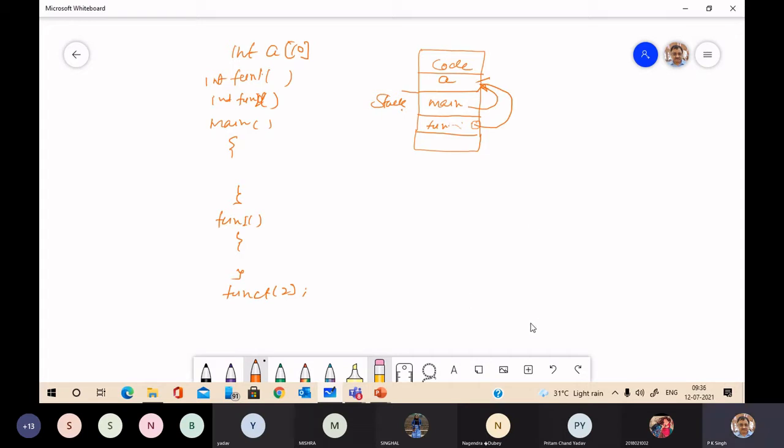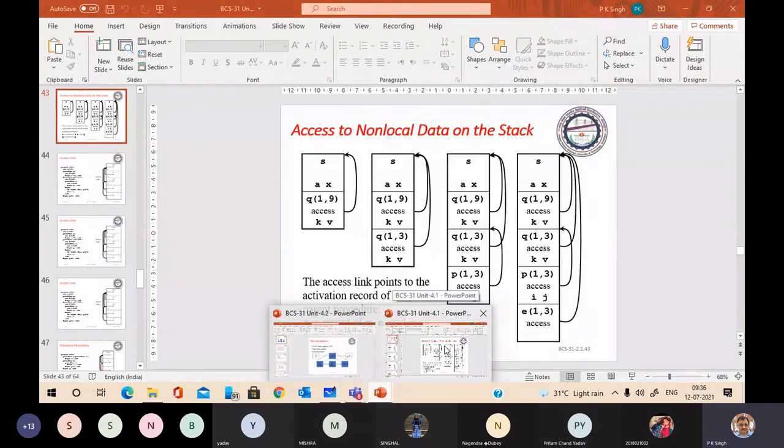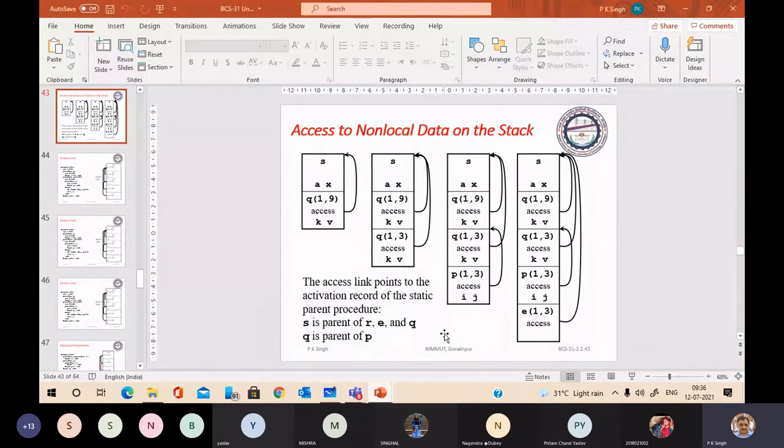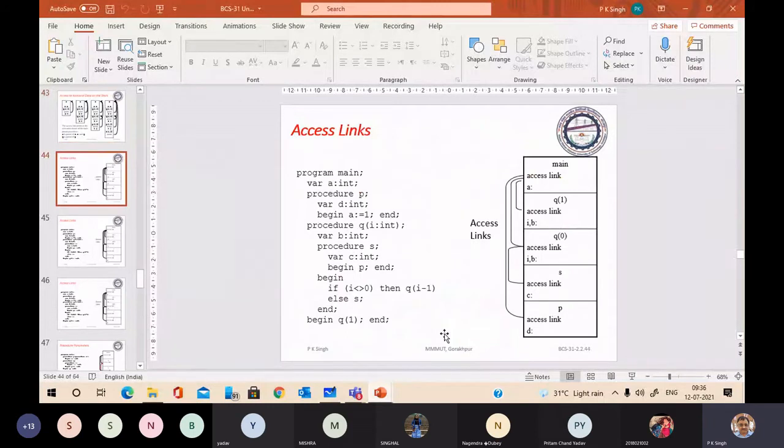But you see, there is a case in other languages, where we can define functions in nested form. Just see, this is your main.